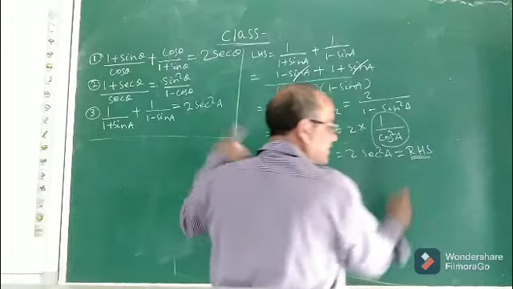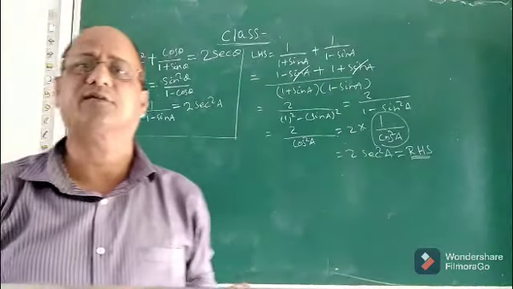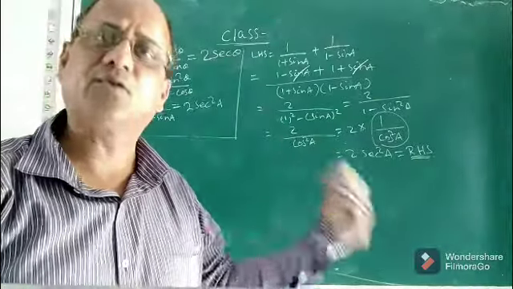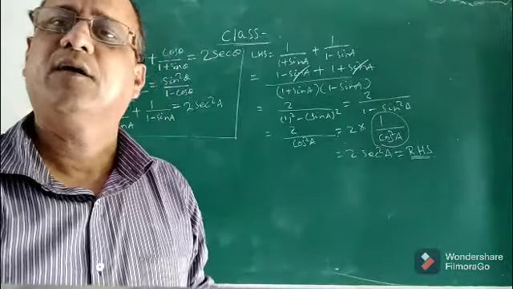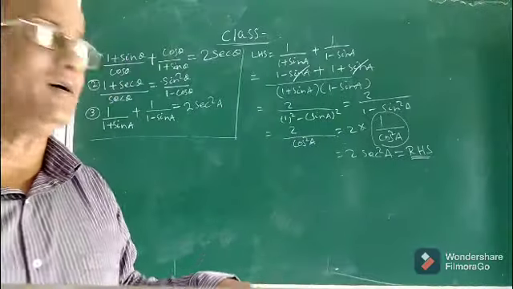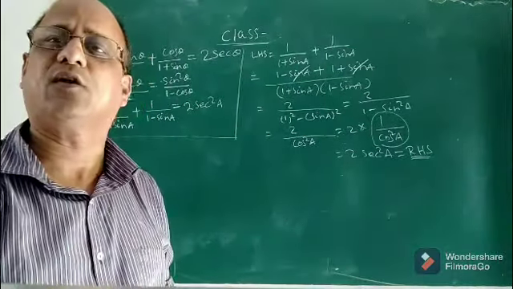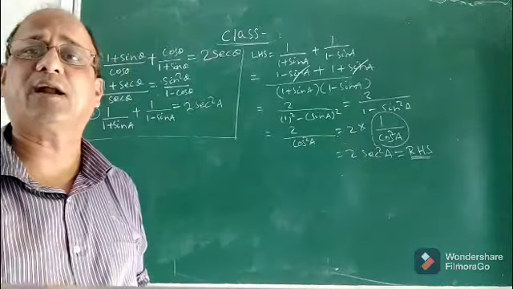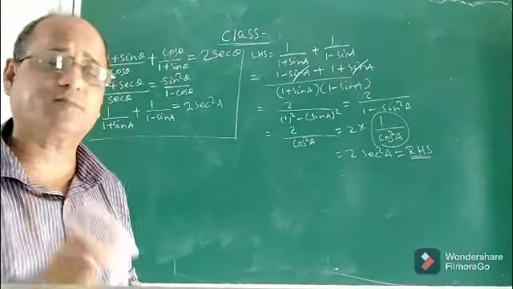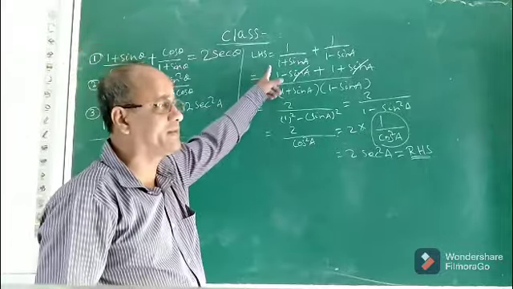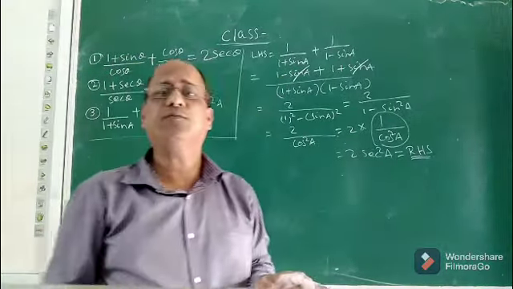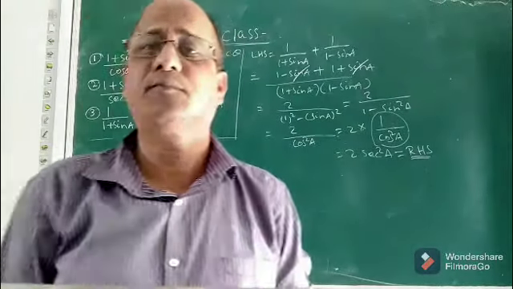So what I mean to say, children, in all these problems which I discussed, we found that we are breaking the left hand side to get the right hand side. On the contrary, you can break the RHS and get the LHS also, or you can break both LHS and RHS. But the best and the easiest method, in most of the problems, generally the left hand side is broken and the right hand side is obtained, to prove a trigonometric identity completely.